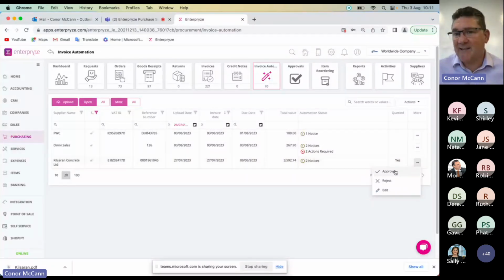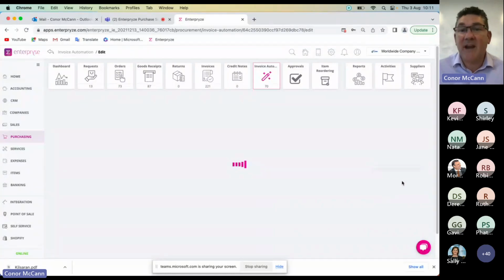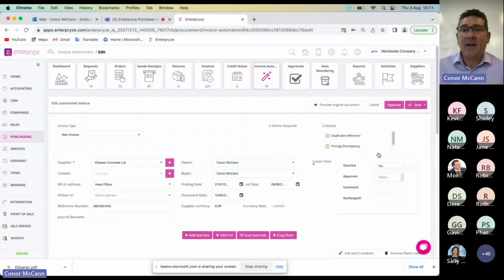invoice here, where I can actually approve it. So because there are no actions required, I can approve it, I can reject it, or I can edit it. So best practice is you will always check them anyway. You'll always edit them. And if we look at the main screen here, this is the contents of what the system has scanned. So the main one here is if we look at the preview original document. So if I click preview original document,